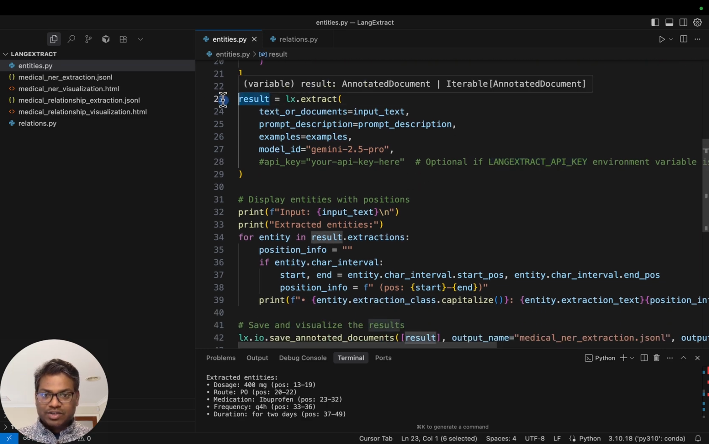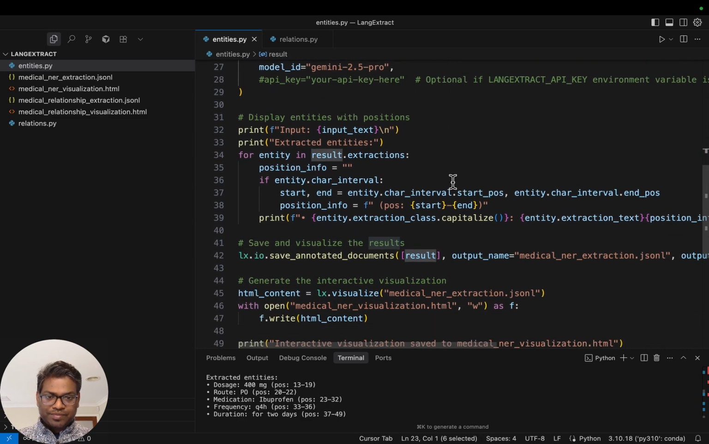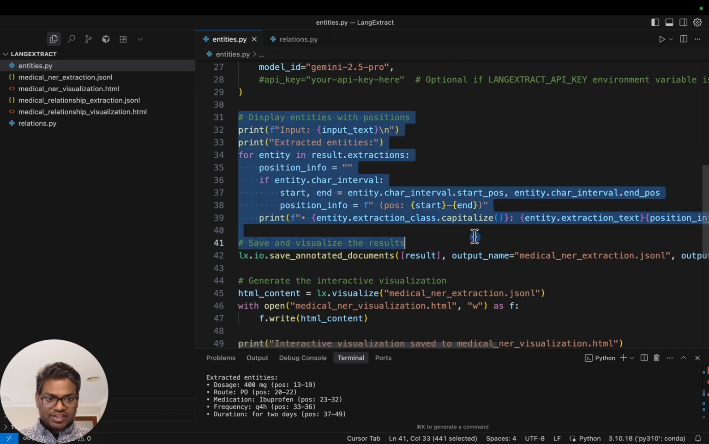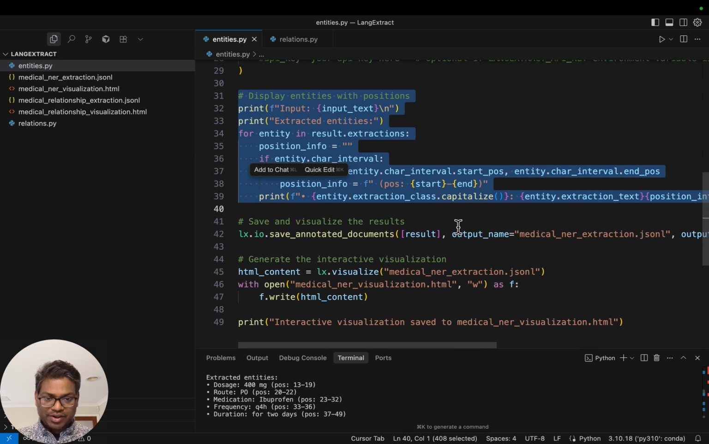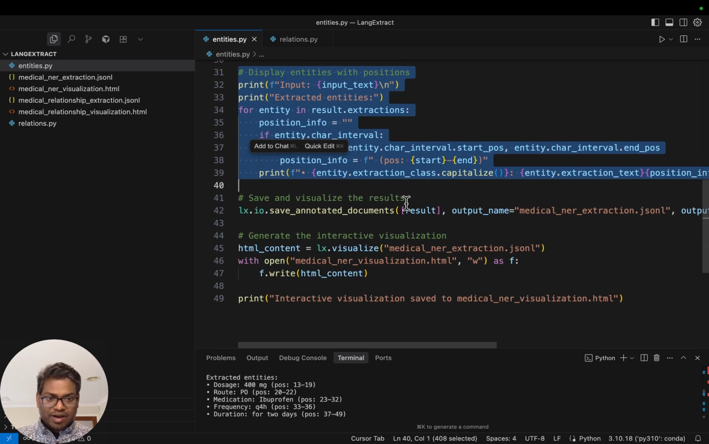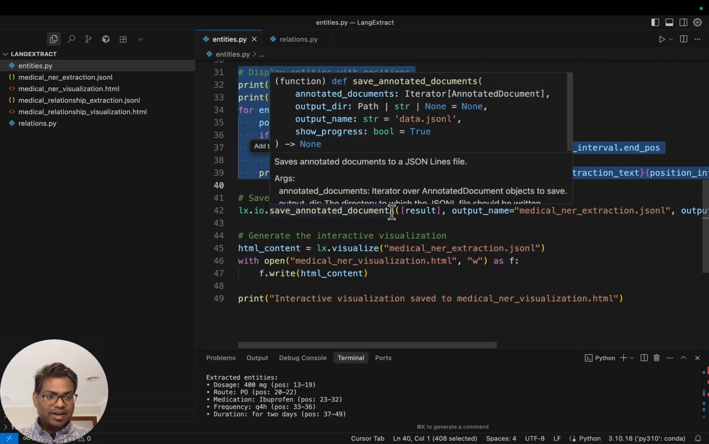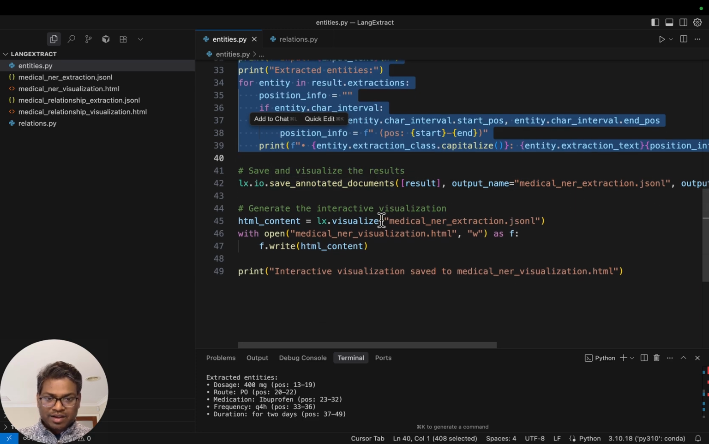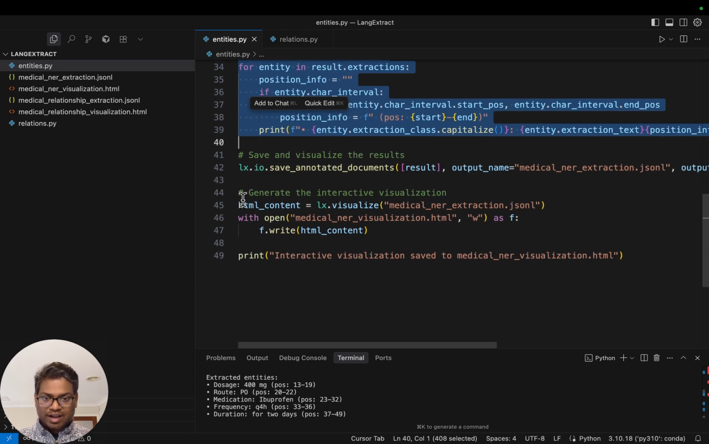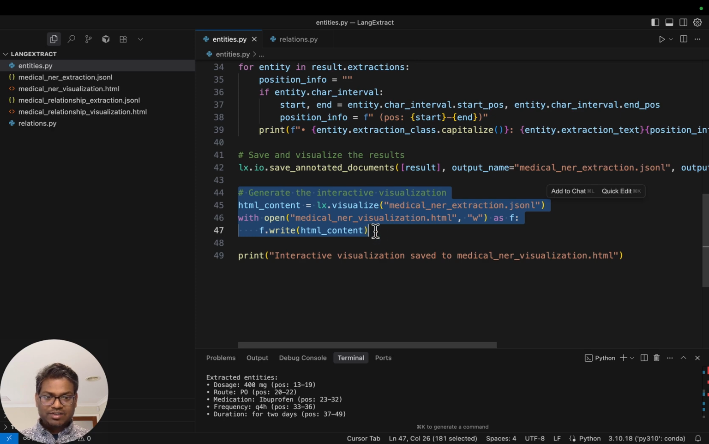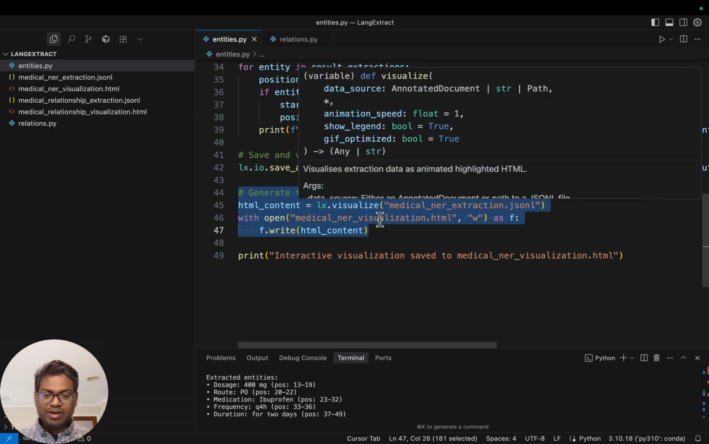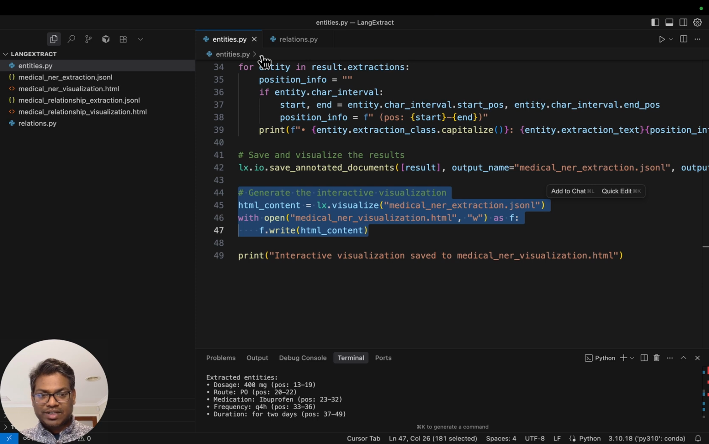All right, so the results should contain the extracted results. Now, in this piece of code, we are just printing the results to the terminal, but let's look at them in the JSON for easy viewing. All right. So we have the results. Now we can save the results using save annotated documents to a JSON file. Now the most useful thing is creating this visual. Okay, so with these two lines of code,